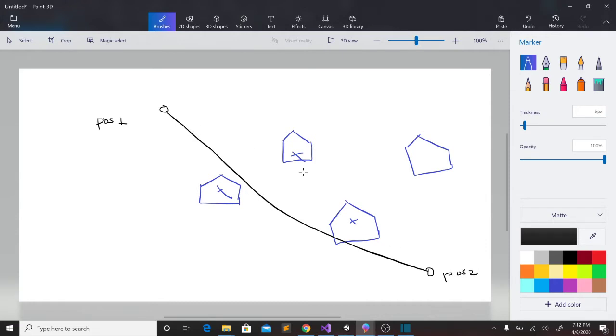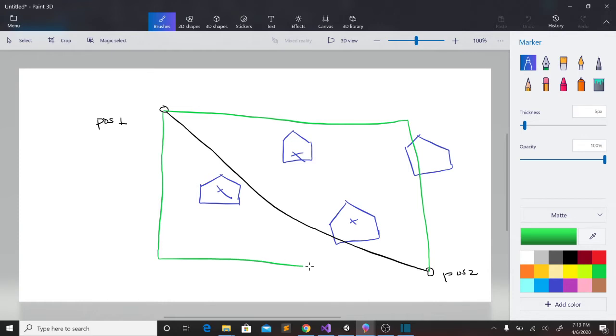From position 1 to position 2, you drag your mouse. What this does essentially, now you have this box,